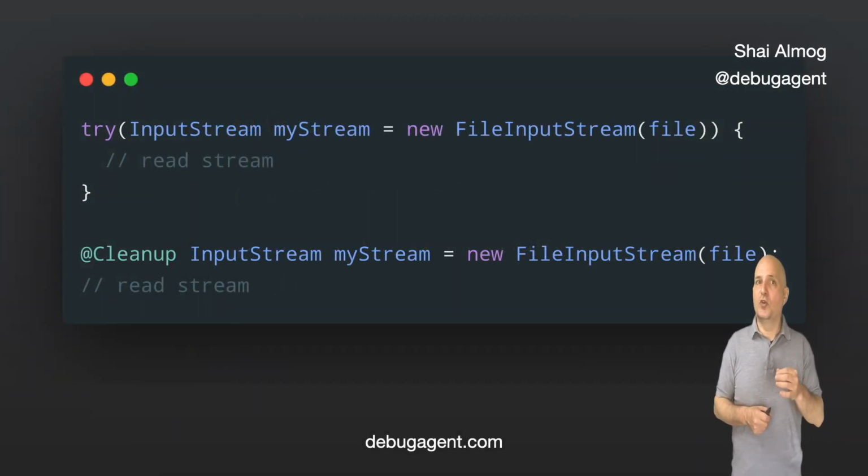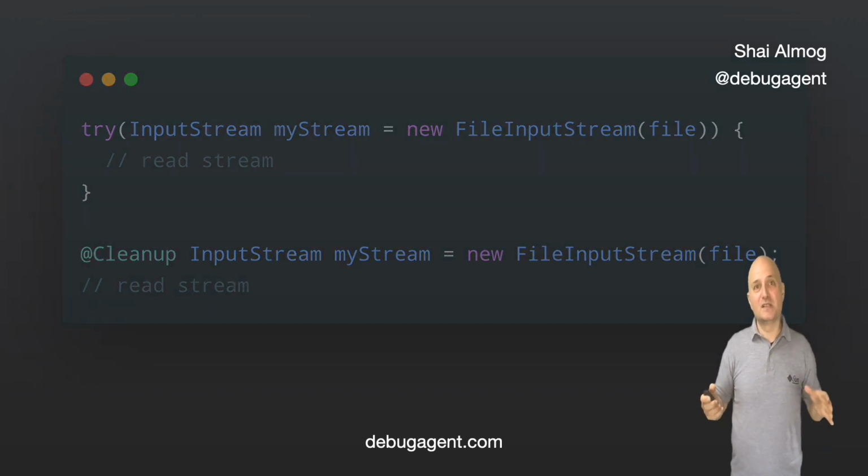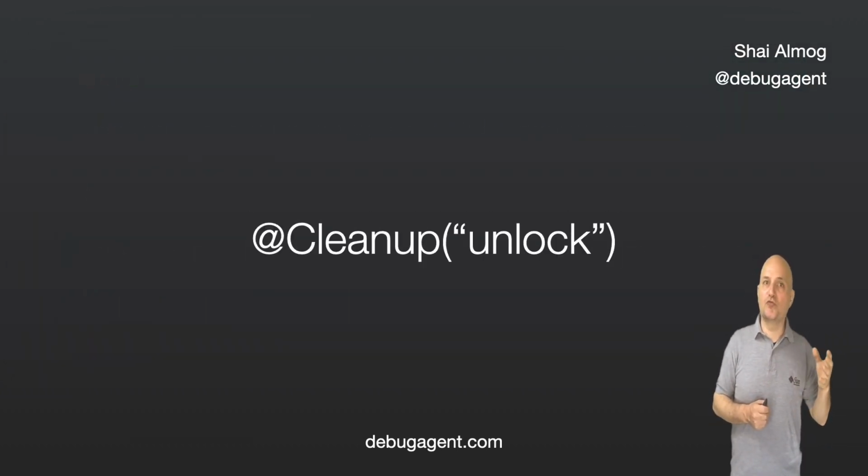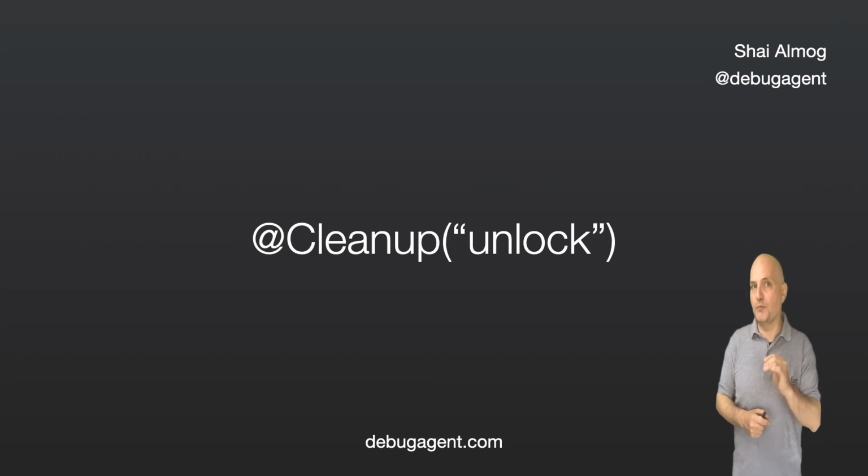Java 8 introduced try with resources, which made the cleanup annotation less useful than it used to be. It can seamlessly close an object for us by invoking the close method within the try catch block. But since most of those are already auto-closable, this is redundant. But unlike try with resources, cleanup just invokes a cleanup method by default. This is close, but you can give it any name you want, such as dispose, unlock, etc. That means that we can use this annotation to clean up all the objects that aren't auto-closable but need some